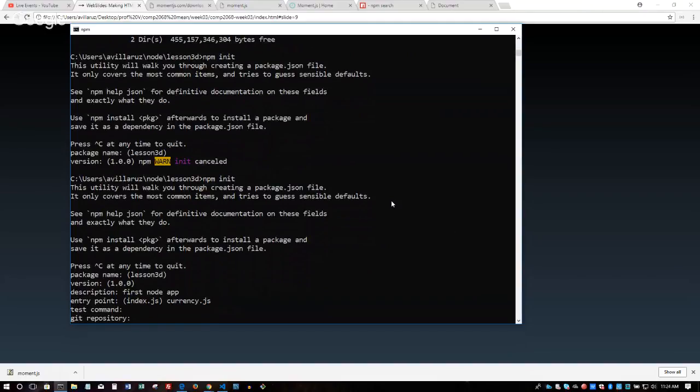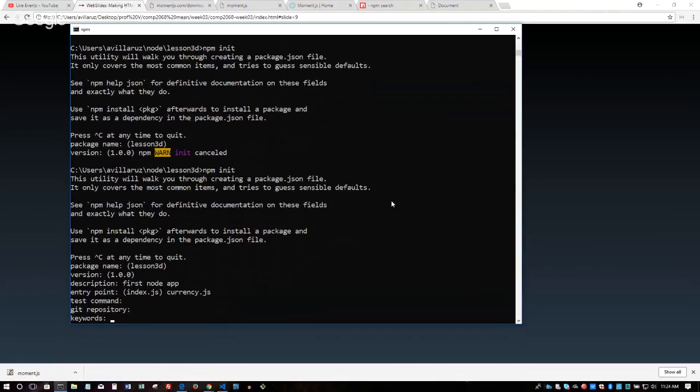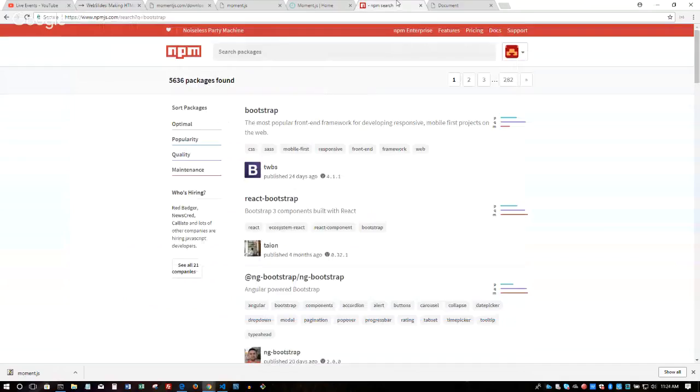As well, if you have a Git repository for this node app already, you can put it here as well. Actually, no. What's going to happen is all of this information, from Git repository to keywords, is for when you decide to actually make a module on your own and publish it on NPM. So let's take a look at Bootstrap.